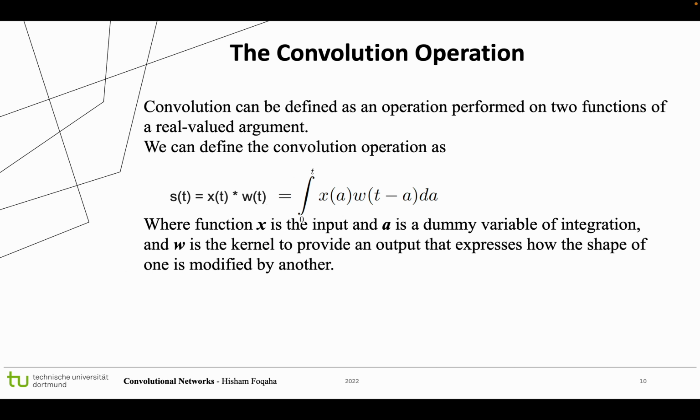So now let's start with what the convolution operation is. The convolution operation is a fairly simple operation. Before we go deep into it, let's talk about it. Convolution can be defined as an operation performed on two functions of a real-valued argument. We can define the convolution operation as a function x of t star w of t,